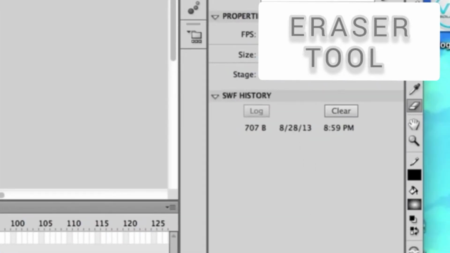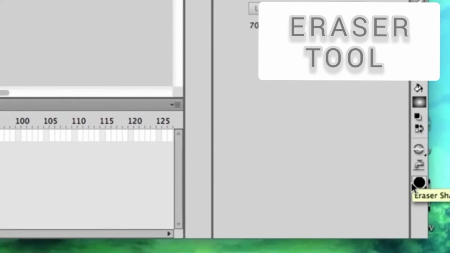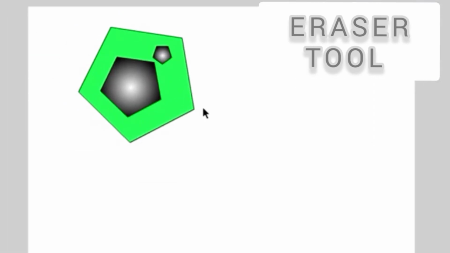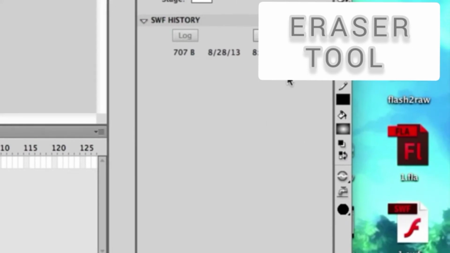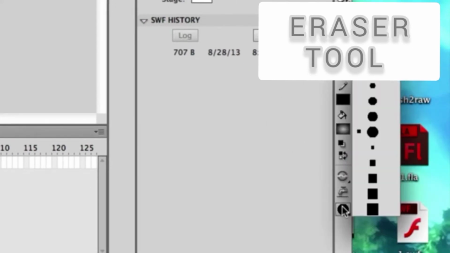Now next is eraser tool. This tool can be used to erase part or whole of an object from the stage area. It can also be used to erase only fills or strokes while leaving the other component unaffected.